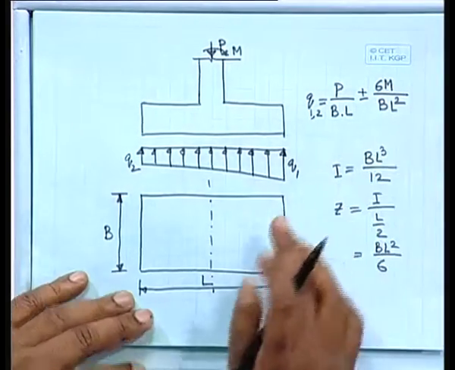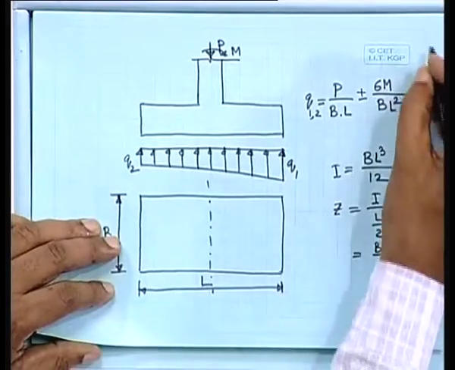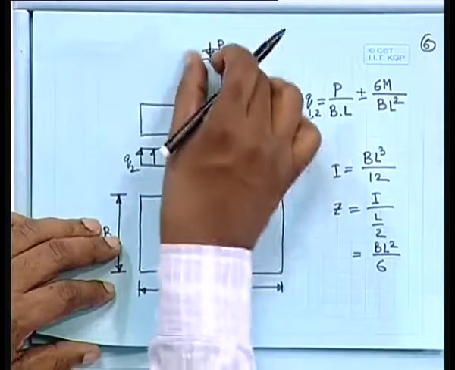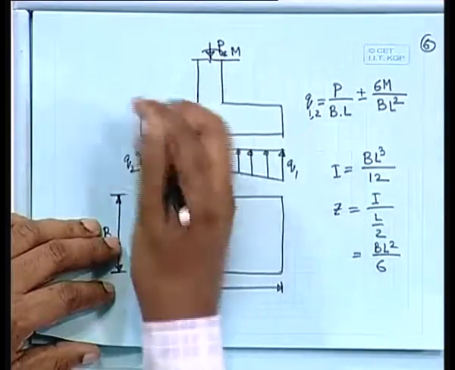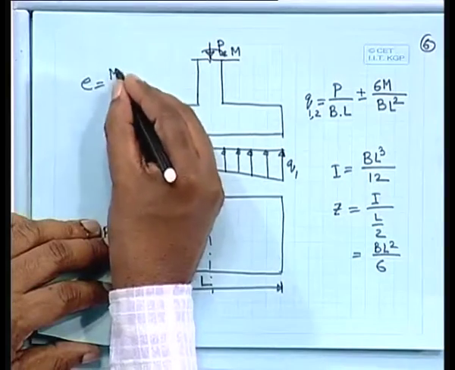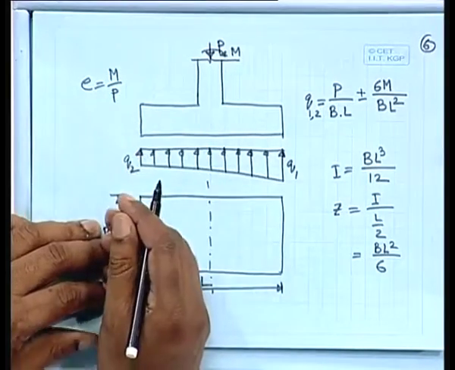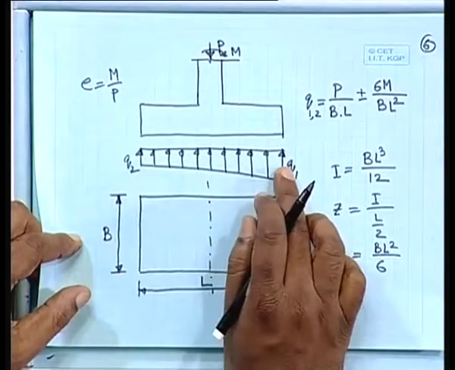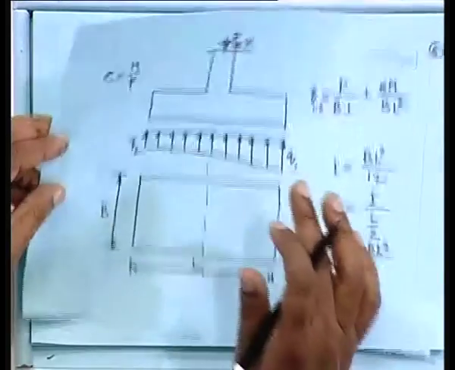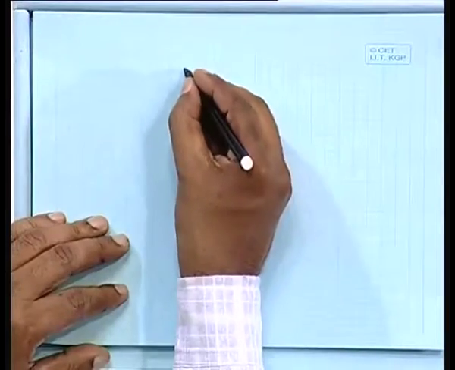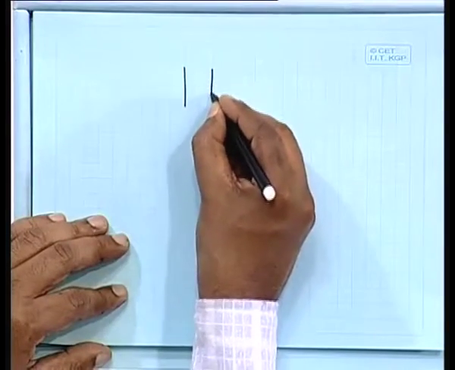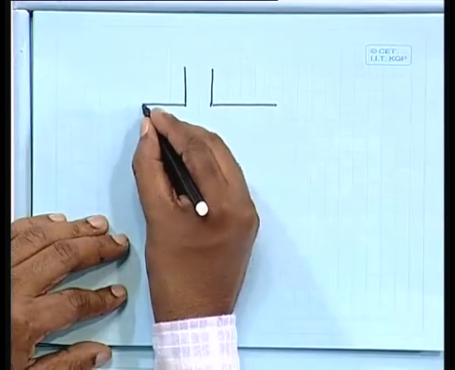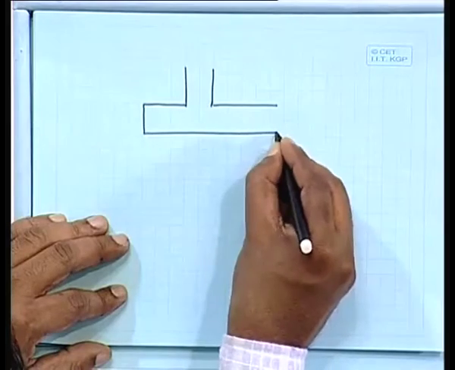That means depending on the value, we can do one trick. Since we are having this, say E equal to M by P, I would like to make this stress uniform. What we can do, we shall do it like this. We shall have little offset,